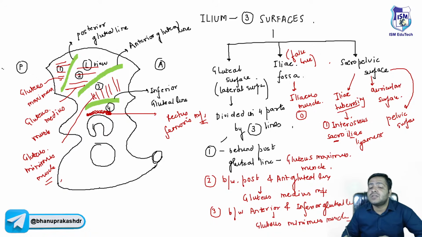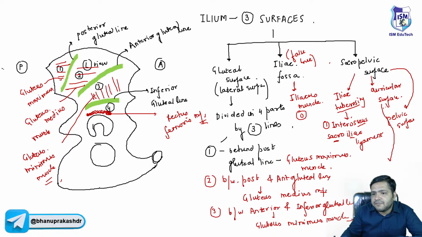Interosseous, inter का मतलब होता है in between, osseous means bones, it is in between the two bones, that is the sacrum and the ilium. So we have the interosseous sacroiliac ligament, okay, and also it contains dorsal sacroiliac ligament, okay, पीछे की साइड पे होता है, so just one is enough, okay. If we talk about the auricular surface, okay,